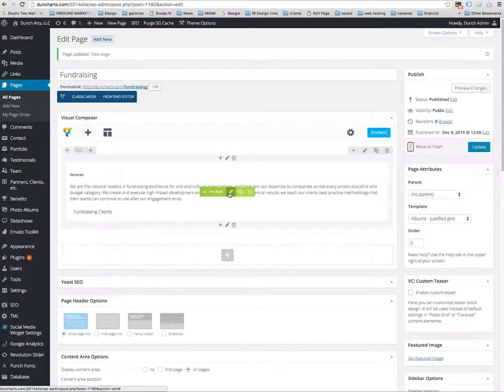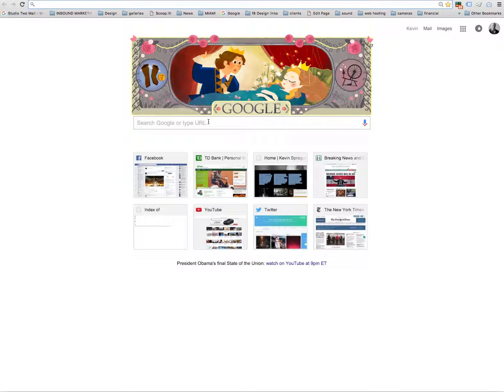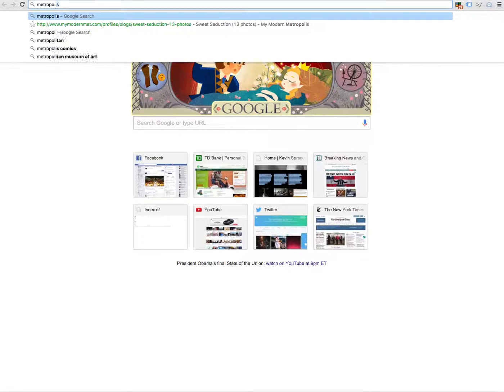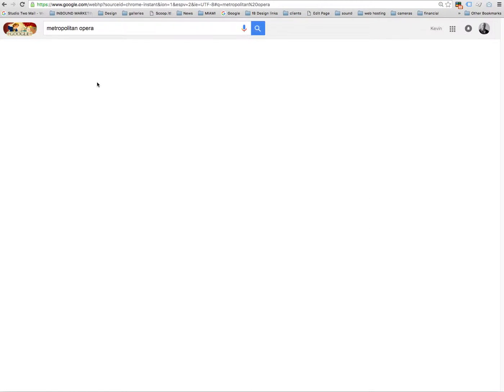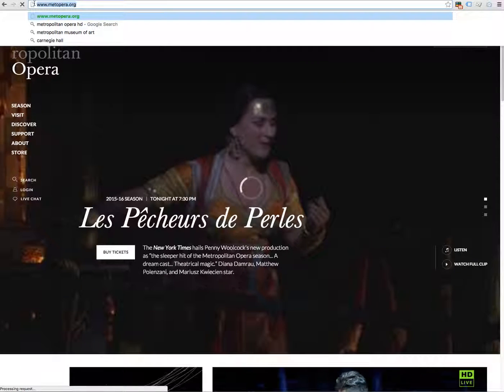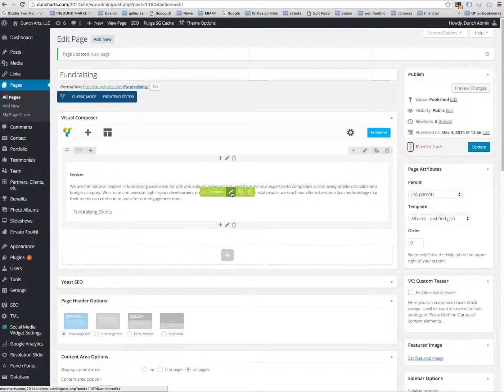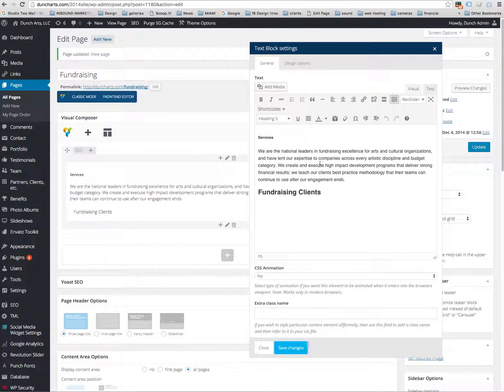Links are something that frequently come up. So let's say we have a client page, we'll call it Metropolitan Opera. Okay, so we go there. So here's, I'm going to copy the URL for the Met right here. Okay, then I'm going to go into a text block here, and let's say I wanted to link to the client here, and I might say our clients, and I'll say like the Met Opera,